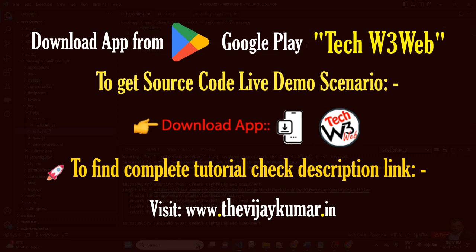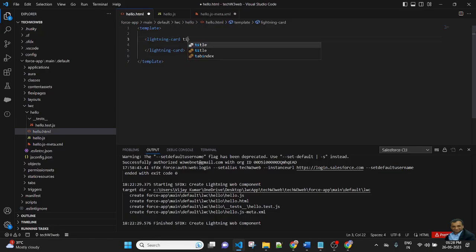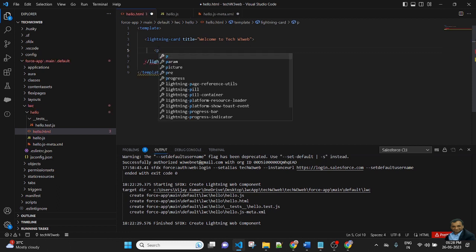So in the template, first I need to define a lightning card, and in the lightning card we define a title, welcome to Tech W3B, and here we need to write a paragraph. So create a p.